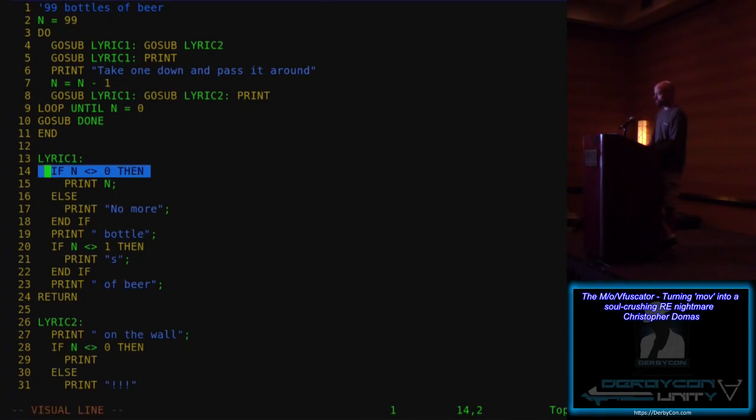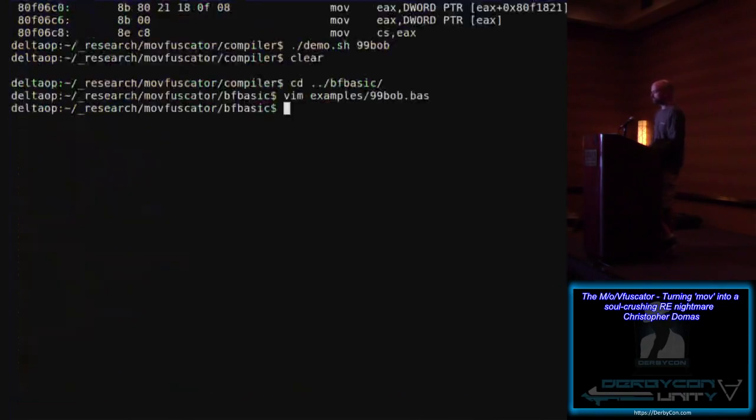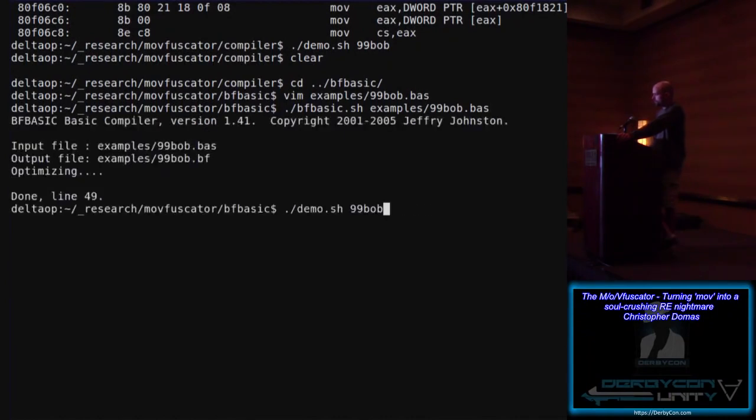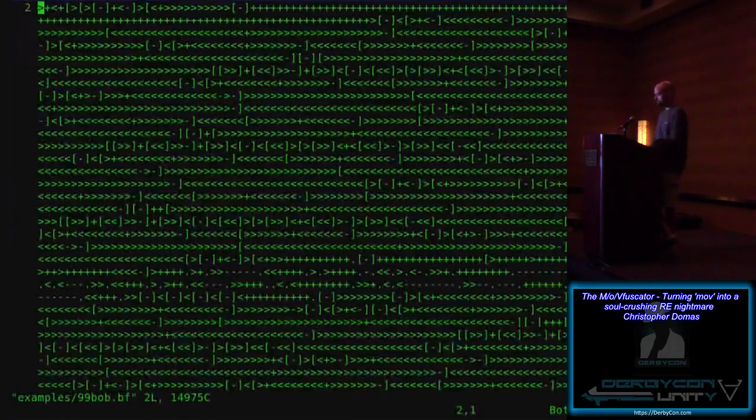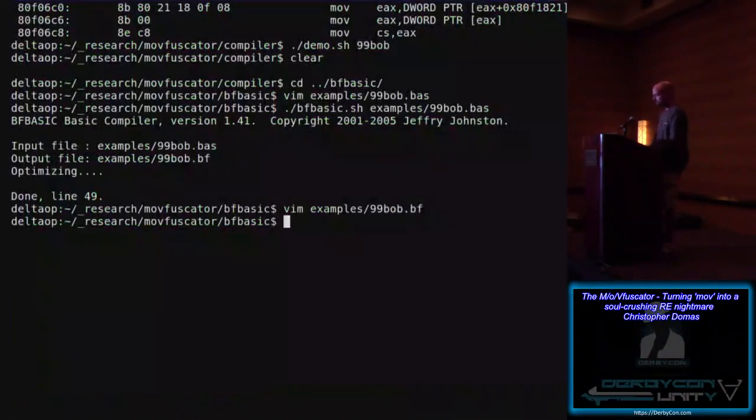As far as the lyrics go, the first set of lyrics varies based on whether or not you have bottles of beer left, as does the second set of lyrics. So, pretty simple program. But the BFBasic compiler will allow us to translate that into BrainYuck. So now we can open our BrainYuck version of this, and BFBasic has conveniently translated that into, down here, 15,000 BrainYuck instructions. So if we now take that and we bring it into our MOVfuscator,